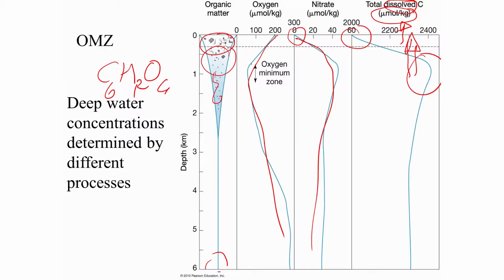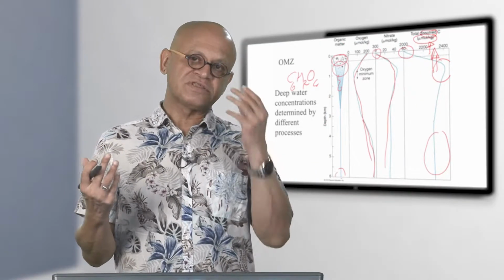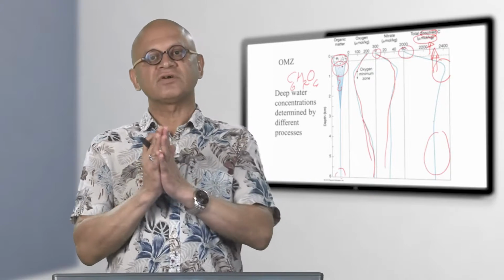So, you can see that it almost looks like the inverse of the oxygen profile, except that the oxygen increases here. That does not show such an increase because the carbon dioxide is being brought down here as well by the thermohaline circulation. And in general, the best thing to remember is that we keep talking about carbon dioxide